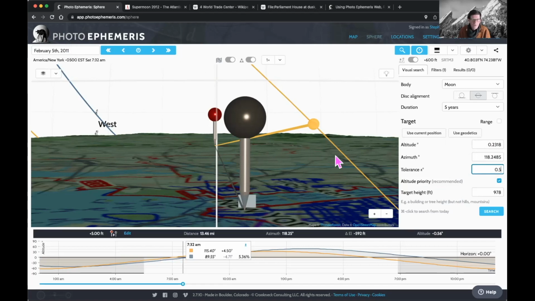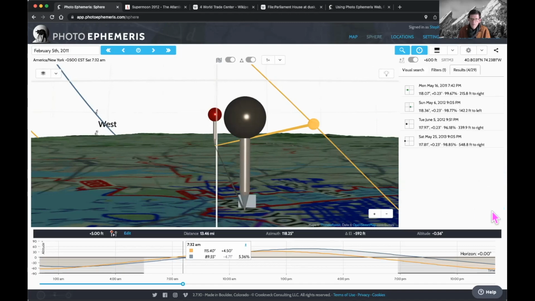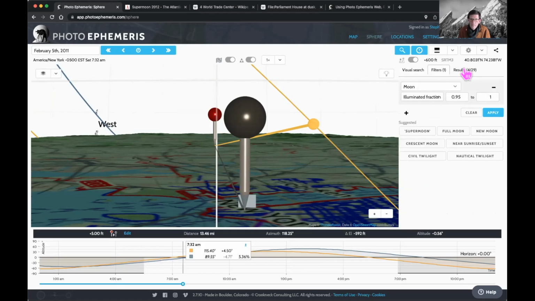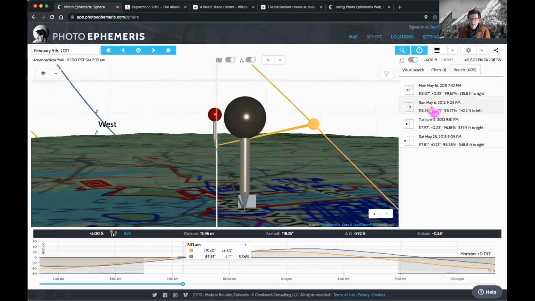So we're starting in 2011. We've got our target set up. Click search. We'll see what we get. Oh, and I had a filter on. Well, the filter was for a full moon. That's actually fine, because there we have Sunday, May the 6th, 2012